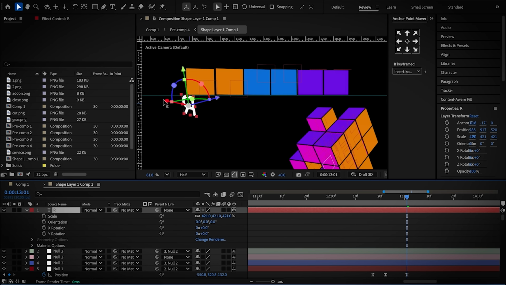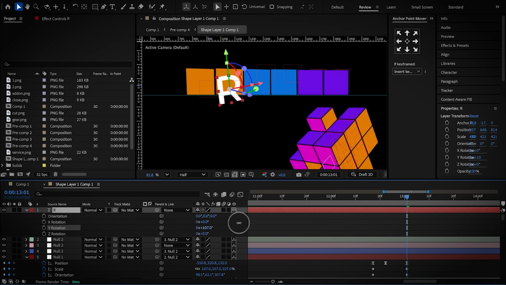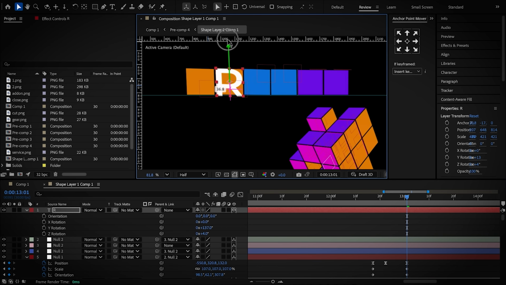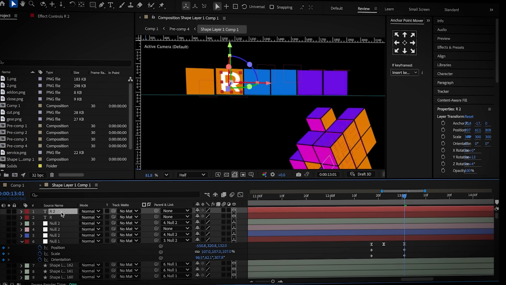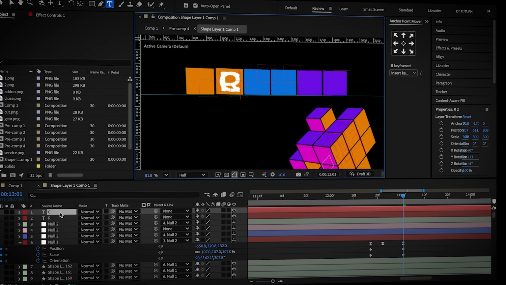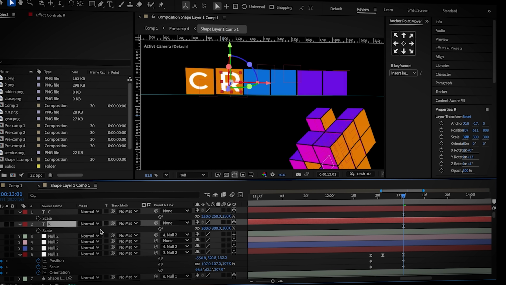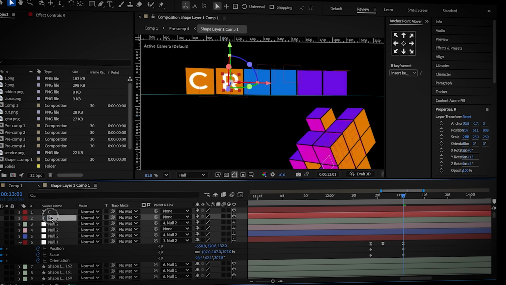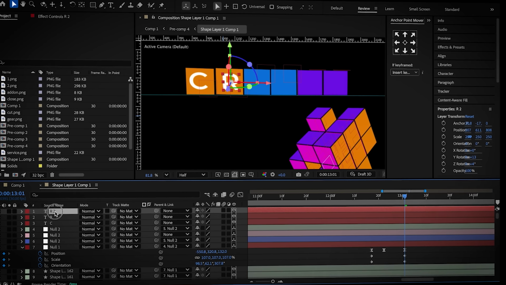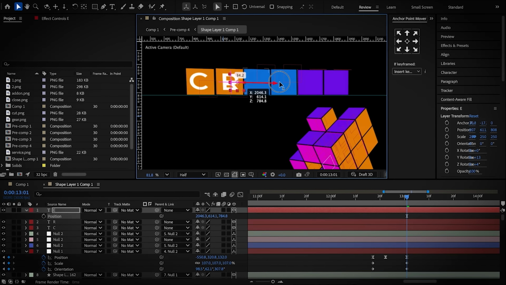Move it up and forward, rotate it to fix the orientation and place it on the second cube from the left. Duplicate the text layer, change the letter to C and move it to the leftmost cube. Slightly reduce the size of the letters since they came out a bit too big. Move the R letter to the top, duplicate it, change the letter to E and move it 1 cube to